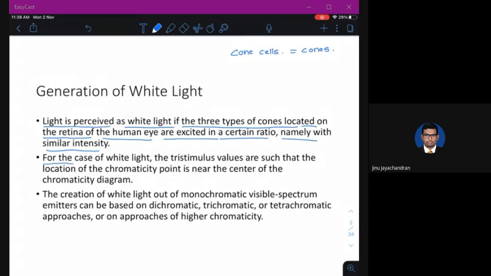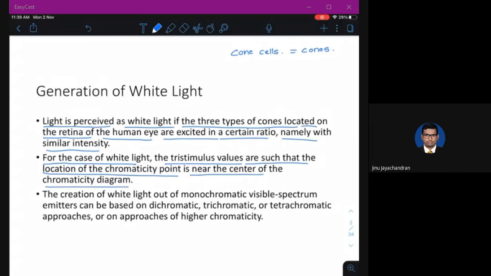Now, for the case of white light, the tri-stimulus values. What do we mean by tri-stimulus values? Red, green, blue. These 3 colors should stimulate your cone cells. The tri-stimulus values are such that the location of the chromaticity point is near the center of the chromaticity diagram.